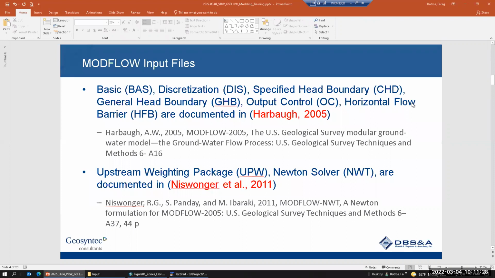So these are all standard files. Most of the files are coming from this reference here, Harbaugh 2005. That's the main ModFlow 2005 documentation. It has information about the basic file and discretization file: how many layers, how many rows and columns in the model, what is the